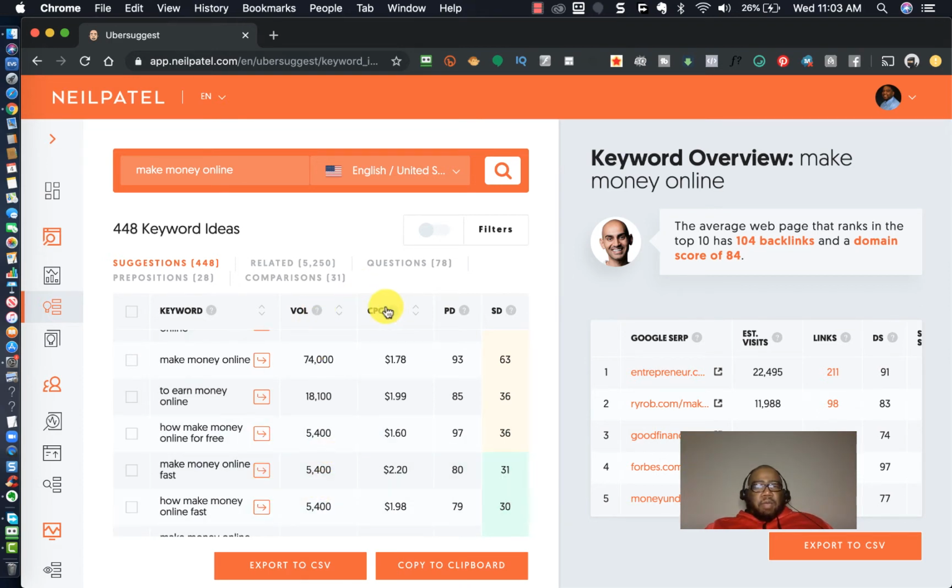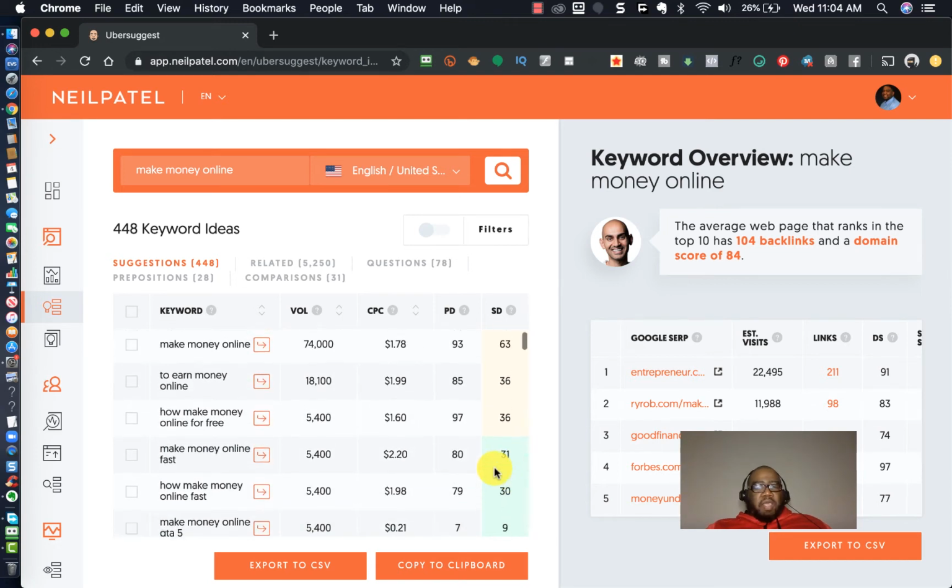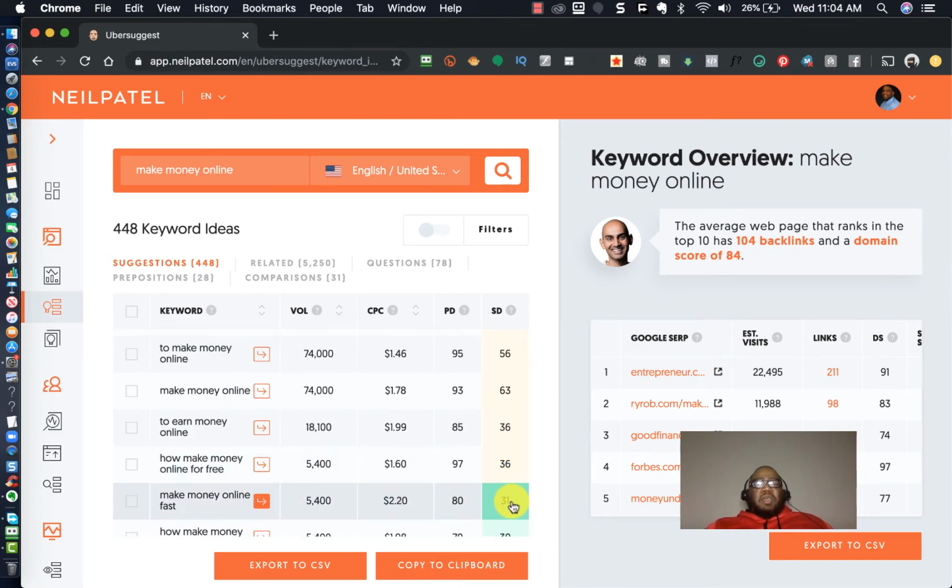Now cost per click, paid difficulty, SEO difficulty. Check that out. If it's green, that means the SEO difficulty is not very difficult for you to rank for. Now get this, if you're utilizing YouTube, if you are writing proper descriptions, if you're making sure that you're verbally using the keyword inside of your video, because YouTube does do voice recognition to help rank their stuff.